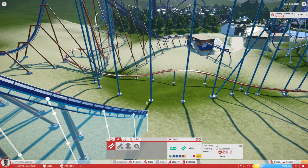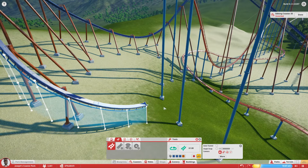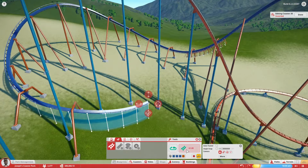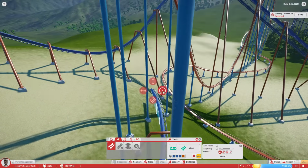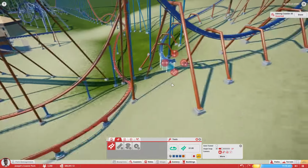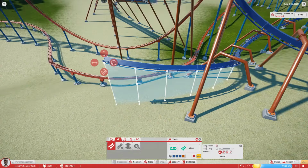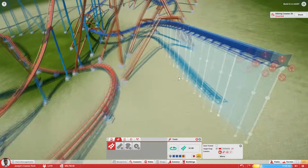Again, this is going to be closer to a family coaster. It's not your traditional family coaster that's really short. It still has some pretty good heights on it for the first drop and stuff, I think, but it's not going to be something ginormous. And like I said, it's not a big coaster. It's nothing special. It's literally just another coaster that I thought was needed to appeal